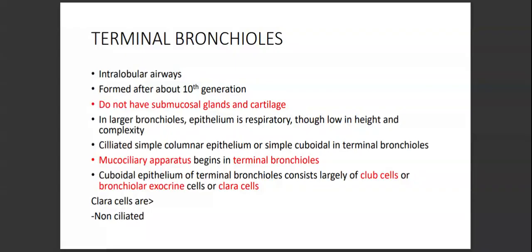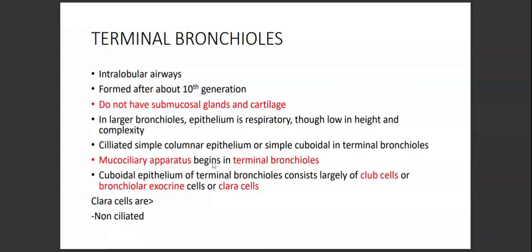That is to facilitate diffusion or exchange of gases there. That is why the epithelium must be very thin, to reduce diffusion distance. Okay. One thing also you have to note here is that